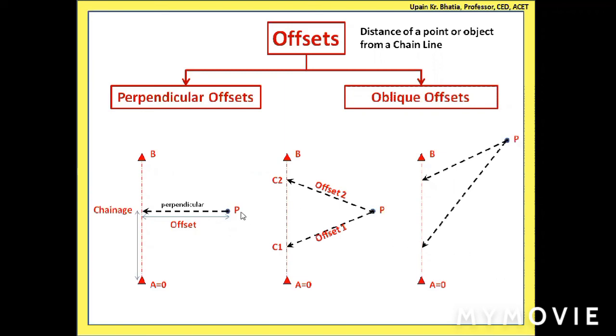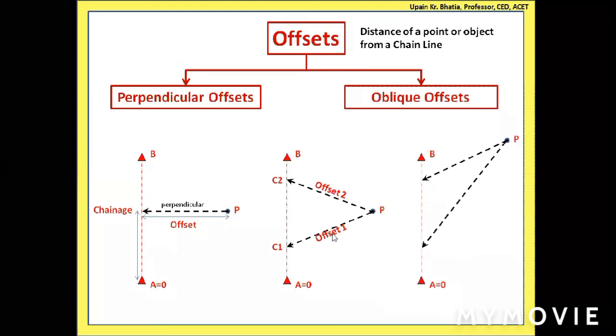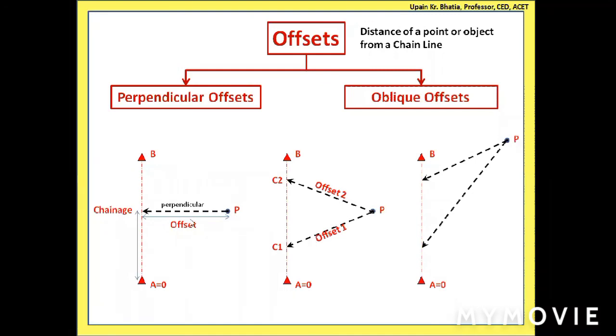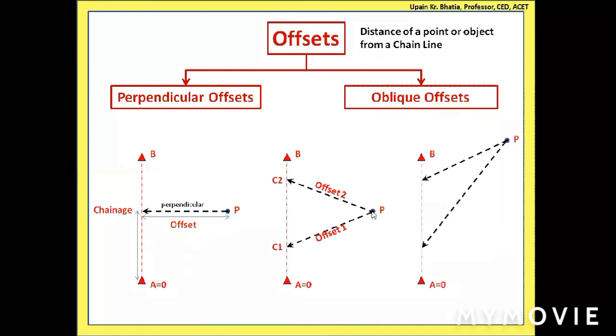For this point, even if you are capable of getting a perpendicular, even then you can go for the oblique offsets. It depends on you. But the thing is, unnecessarily you will be just doubling your exercise. We prefer perpendicular offsets wherever it is possible, because a single observation and single chainage is to be recorded for one point. But in case of oblique offsets, two offsets are to be recorded at two chainages. So double effort is there for locating one point.